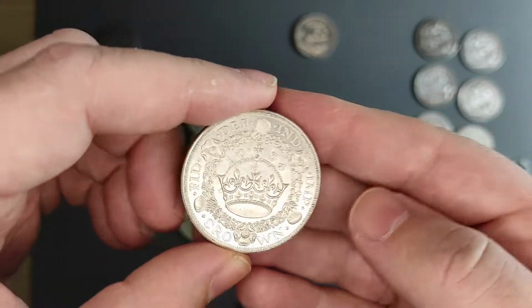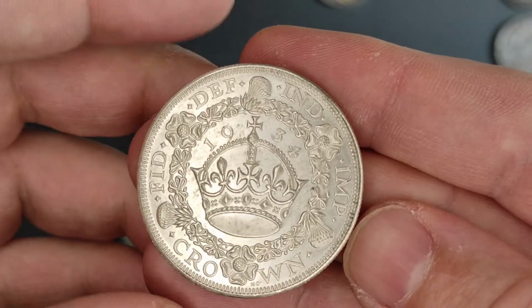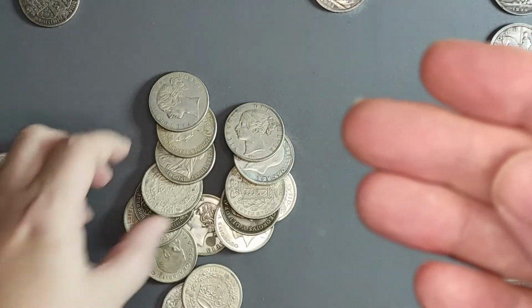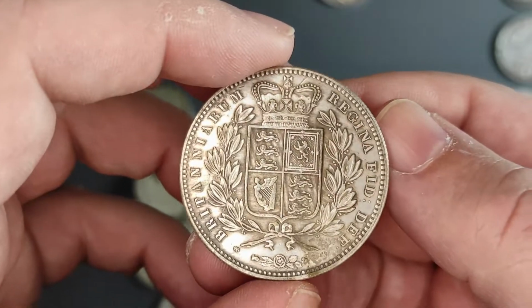Let's zoom in a little bit. 1934. Okay, so that will be 50% silver likely. So we'll put that in a separate pile there. This one is...